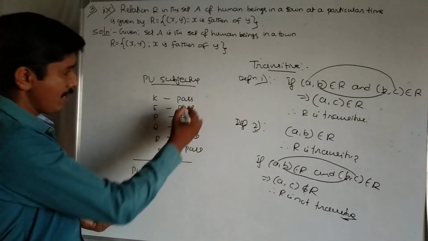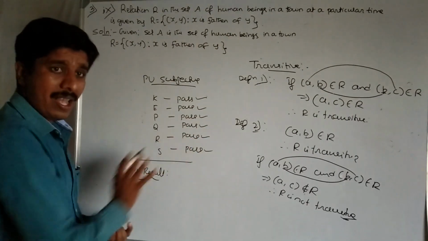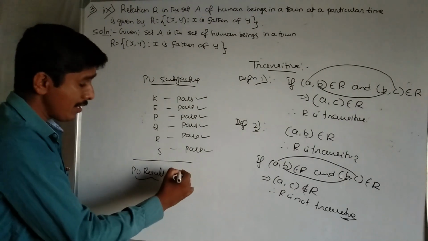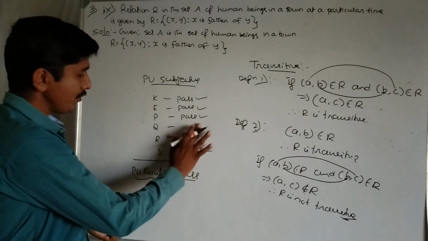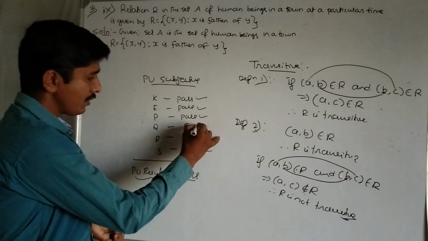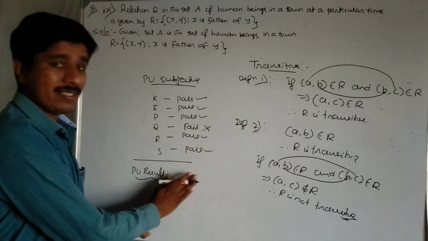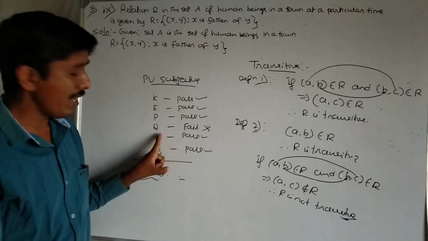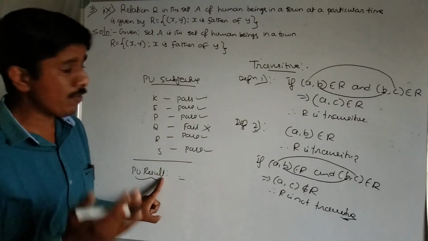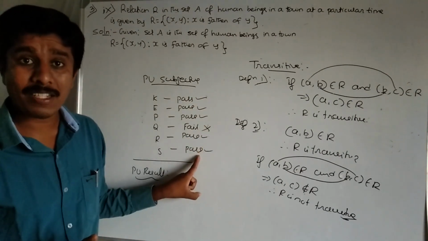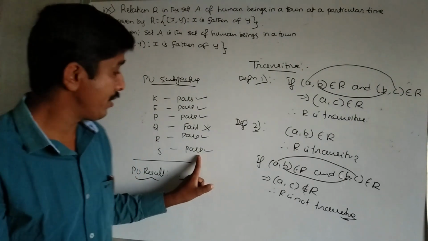Then what about the result here? Pass, pass, pass, pass. All the subjects are passed, therefore the result is promoted, which means pass. Correct. Suppose here Q subject fails. Here Kannada pass, but we cannot say the result is pass. That means failed, because one subject, Q, is failed. Therefore, the result will be depromoted. Failed. Therefore, mind it: if all the subjects are passed, we say the result is promoted, pass; otherwise it is depromoted.